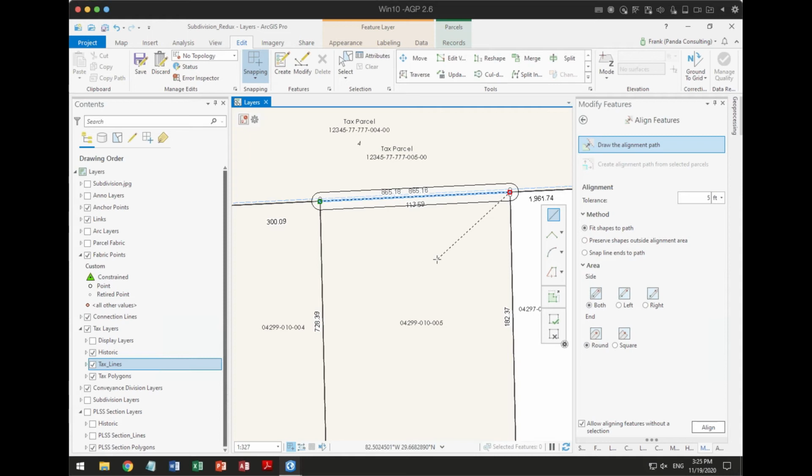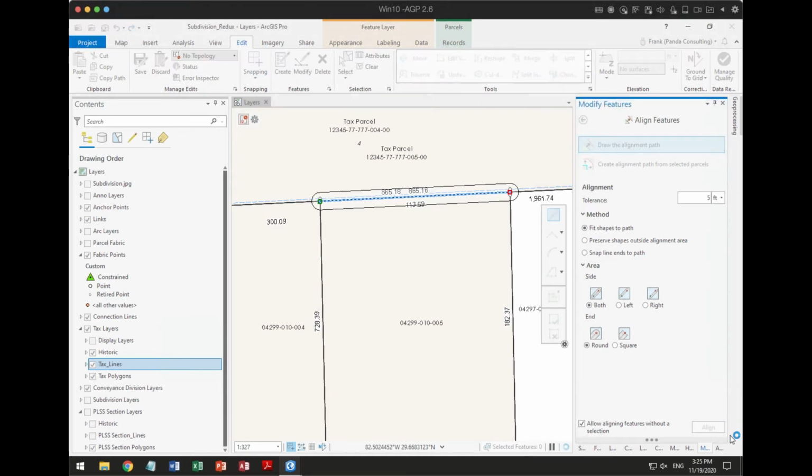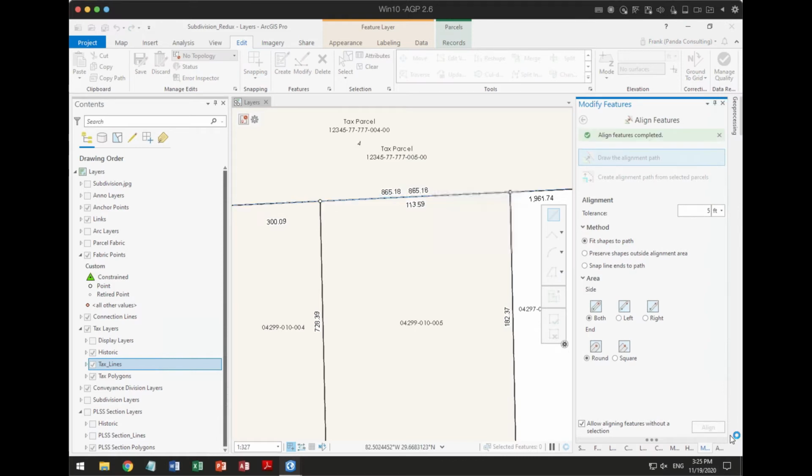So again, a couple things. I have no active record. I don't want this to trace what I'm doing because this is cleanup. No active record and no topology on here. And now when I do this alignment here, it then goes and does it. So one of the